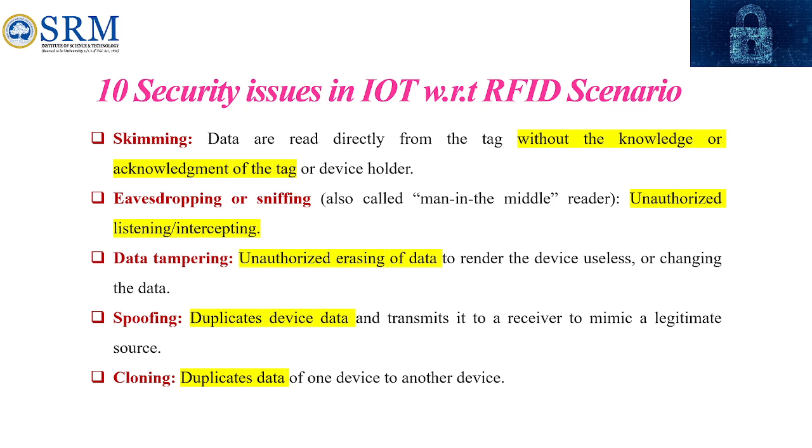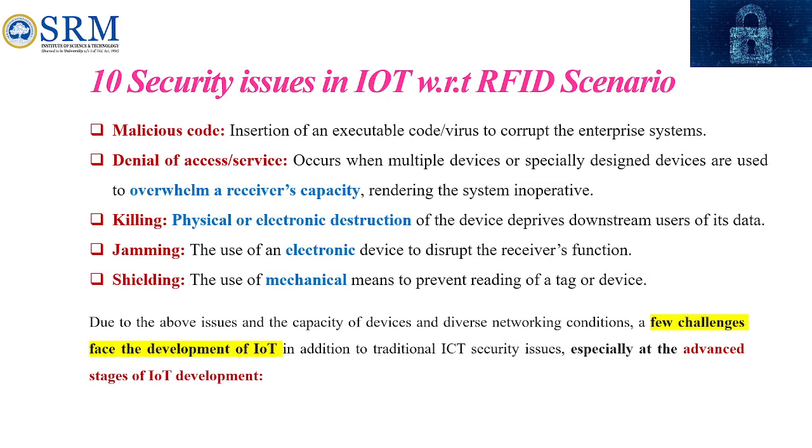Data tampering is unauthorizedly erasing the data, which makes the device useless, and changing the data on it. Spoofing duplicates the device data and transmits it to the receiver as if it were a legitimate source. Cloning duplicates the data from one device to another device. And malicious code is the insertion of executable code like a virus